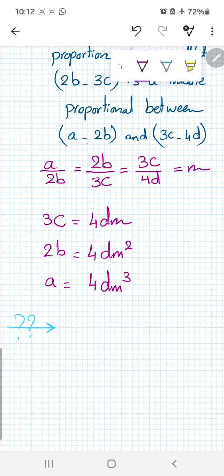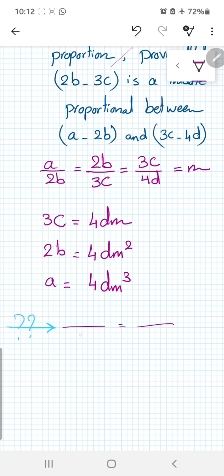2b minus 3c is the middle proportional. So 2b minus 3c, we repeated 2b minus 3c. Here we have 2b minus 3c and 2b minus 3c, middle proportional between a minus 2b. Here we have a minus 2b as a first proportional. Here we have middle proportional and repeated 2b minus 3c, and finally over 3c minus 4d. So here we want to prove that a minus 2b over 2b minus 3c equals 2b minus 3c over 3c